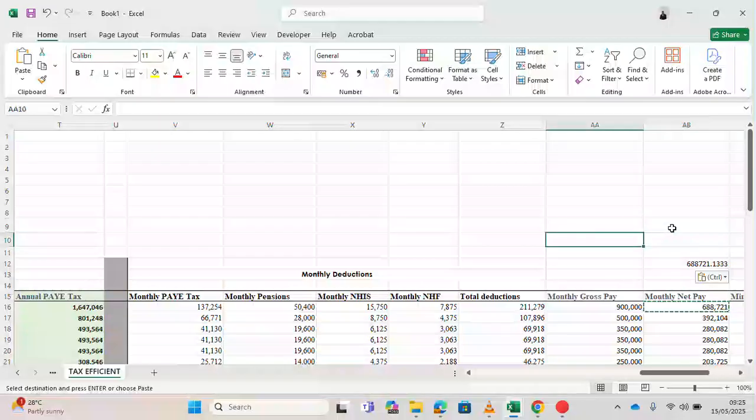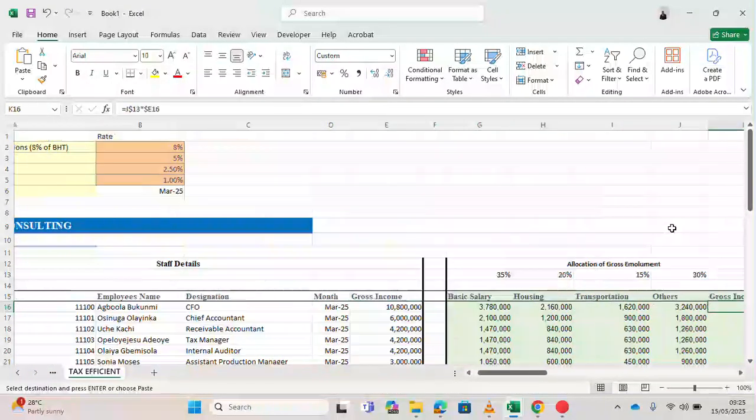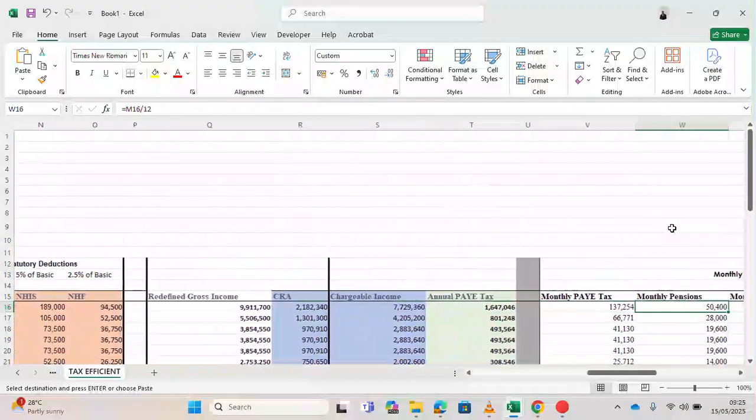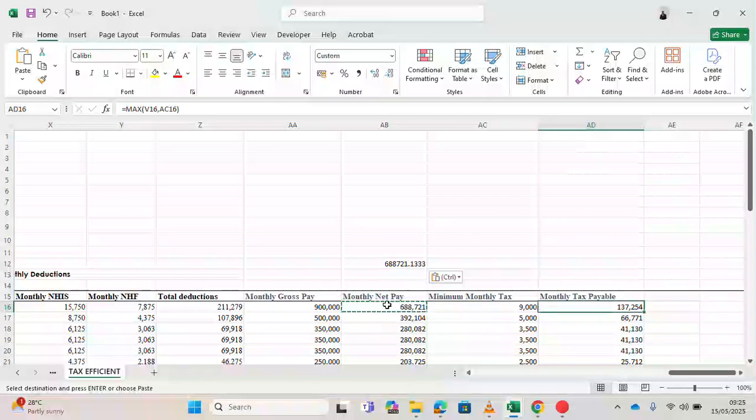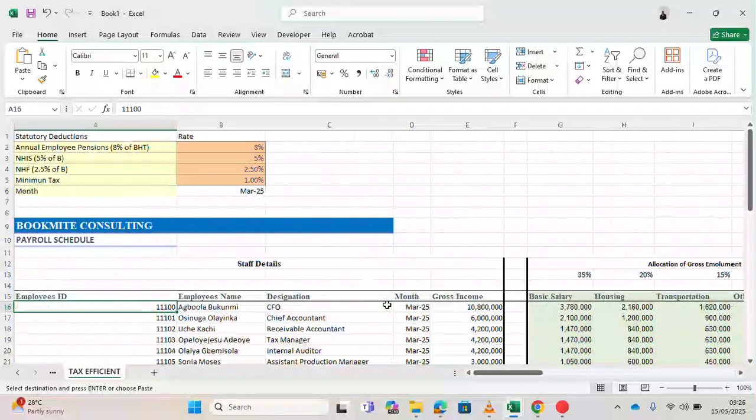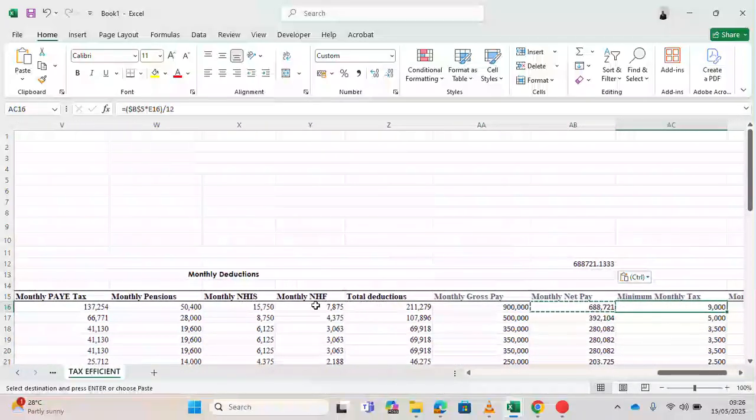For the organization, the cost to the organization is going to be the gross. So you want to know how much will be the gross salary from that net. Let's say the net is 300,000. How are we going to get the gross? Let's use this particular first one, employee ID 11000 Agbolabukun. You come under that net pay column,